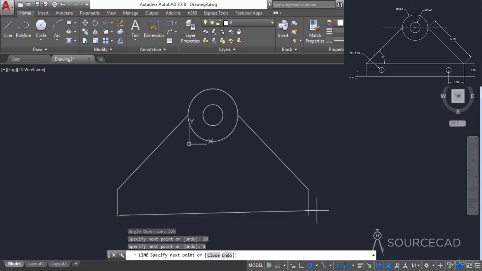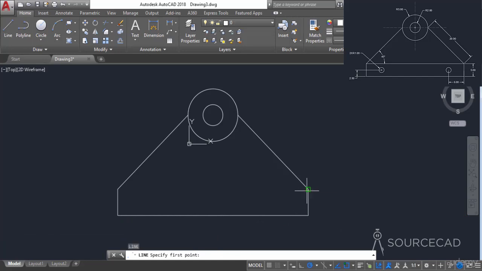Now join it with this existing point and press enter again. Now press enter again to repeat the line tool and join these 2 points. There we have it. Now we only need to add these 2 small circles, the circles which were here and